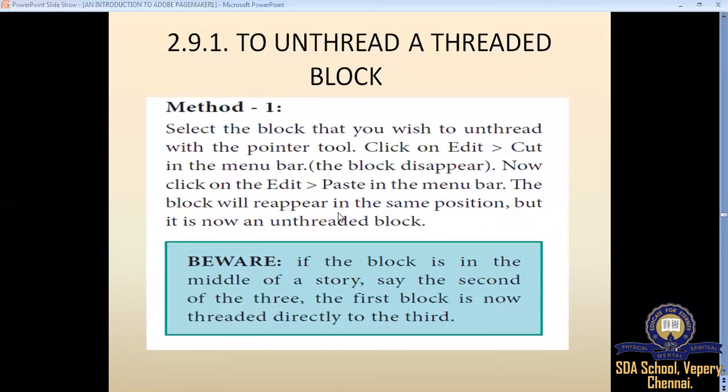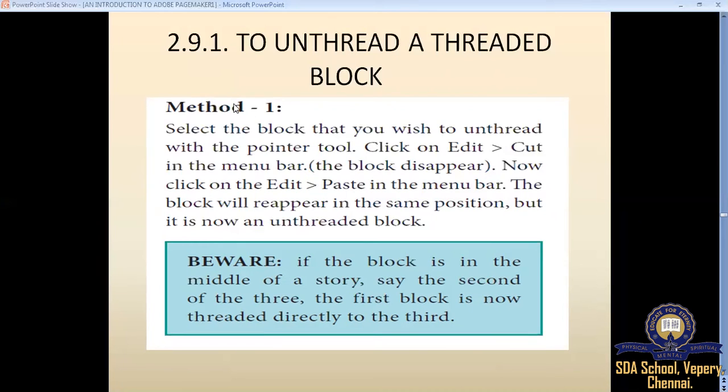Okay. We can even unthread a text block. What is unthreading? Removing those blocks or splitting those threaded blocks we call unthreading. There is no more relationship between the two blocks. We call it unthreading a text or unthreading a text block.